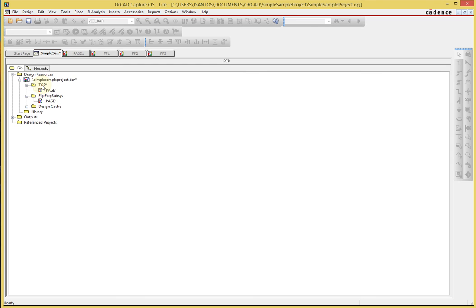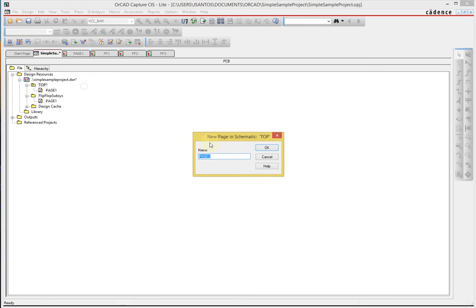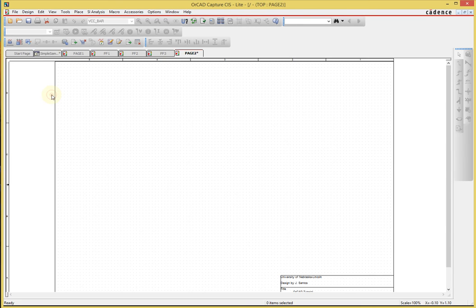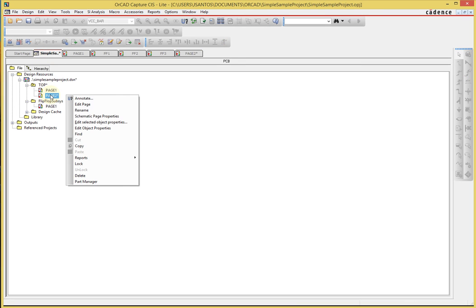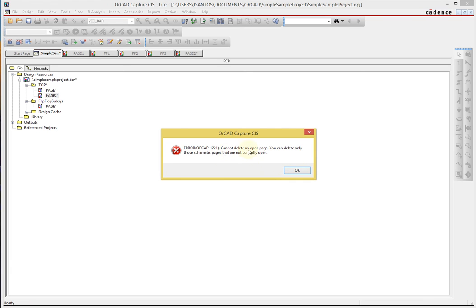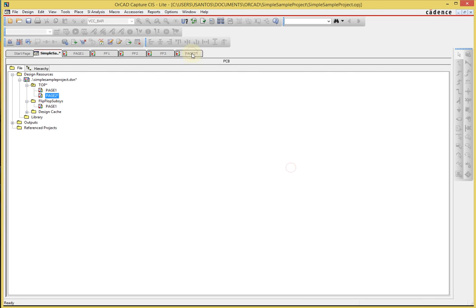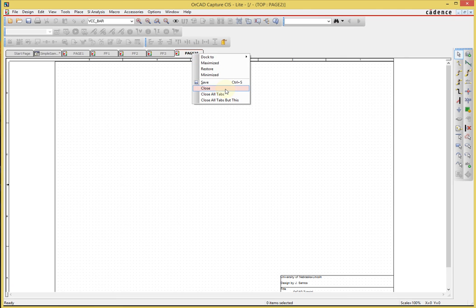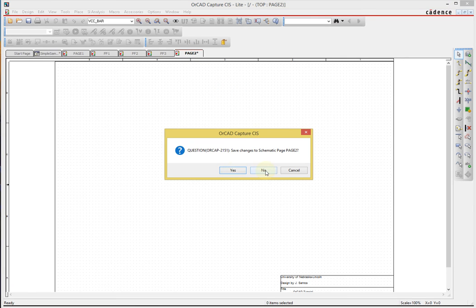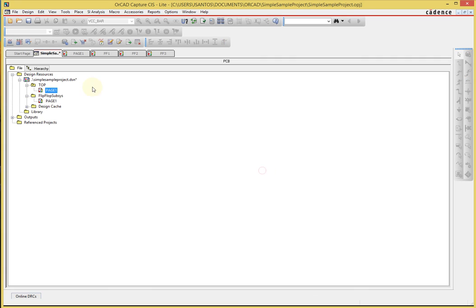If you want to add a schematic sheet, basically you select your schematic, right click and select new page, and you can rename it or leave it as is. A new page is added, you can double click on it and start adding parts on it. Okay, so that's how you do it. But if you don't need it, you can just right click and remove it. If you cannot delete an open page, you just have to make sure that you select the page, close it, right click, close it, say no, I don't want to save the changes, and then after that the